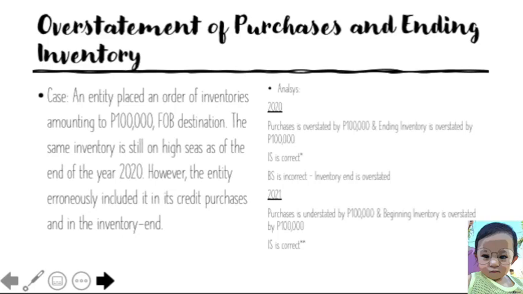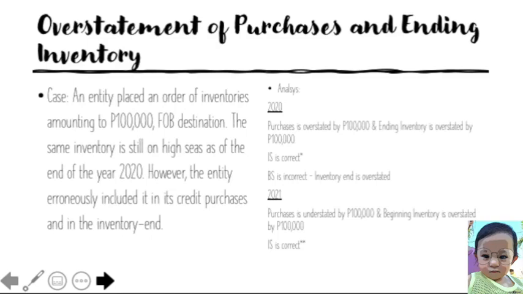Now, if the inventory is still in transit, that means your shipping terms would actually matter in order to determine whether or not the same inventory should be included in your financial statements. In this case, it's FOB destination, so title remains at the seller until it reaches the destination. Since it is still on high seas, the ownership remains at the seller. So in this case, this order of 100,000 should not be included in the purchases as well as in the